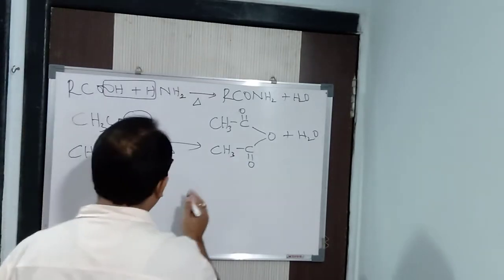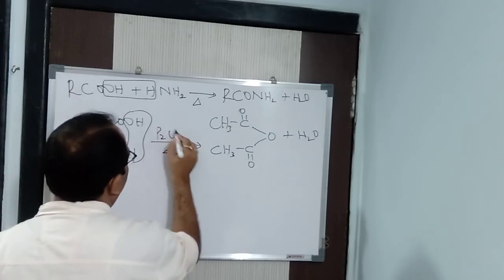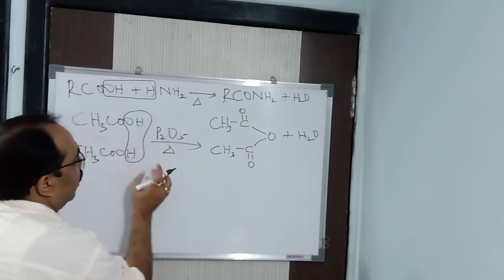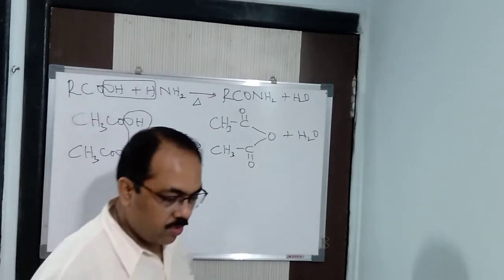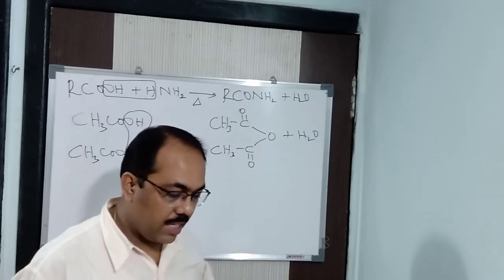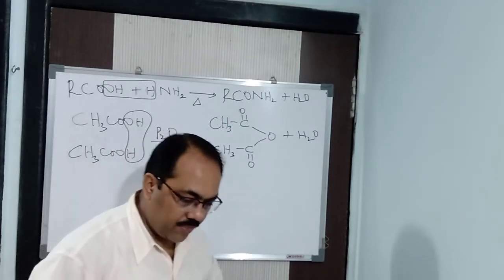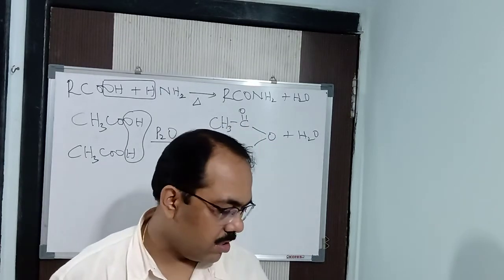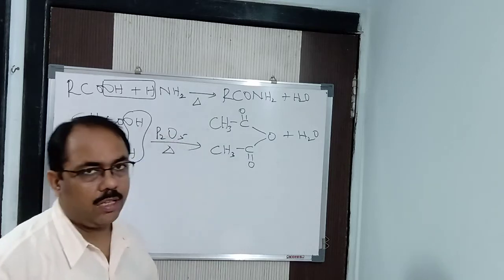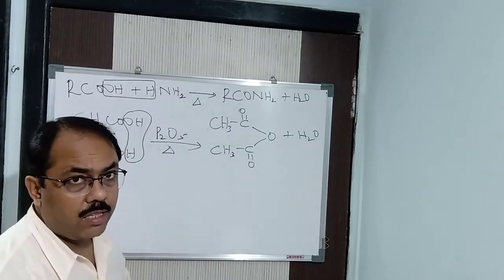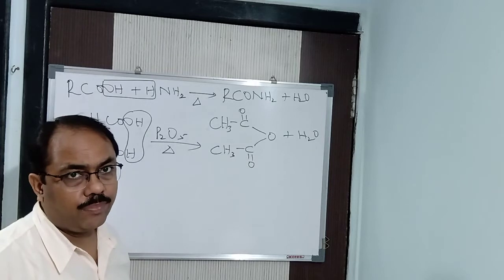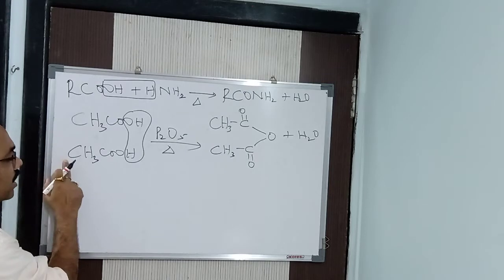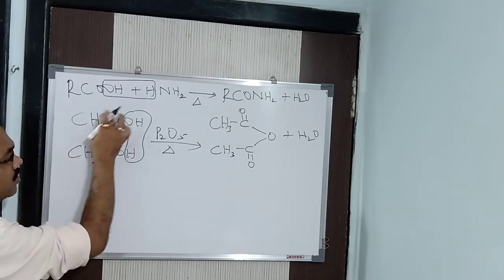Now, next, here you need one dehydrating agent, that is P2O5 on heating. P2O5, phosphorus pentoxide, is a dehydrating agent. It removes water, so to say. So on heating we are getting the anhydride. Now, next, similarly if you take a dicarboxylic acid. Here I have taken monocarboxylic acid. If you take dicarboxylic acid, you can take 1 molecule of acid, it will do. But if you are taking monocarboxylic acid, just now I said you have to take 2 molecules of acid because I want 2 COOH groups.